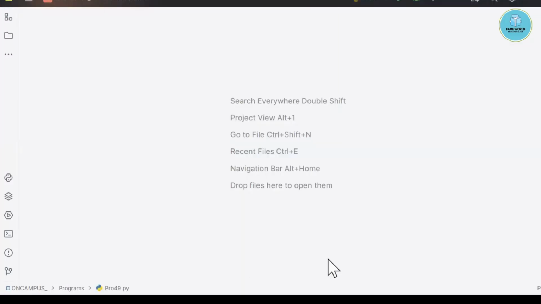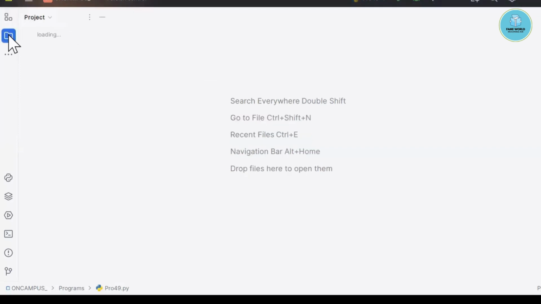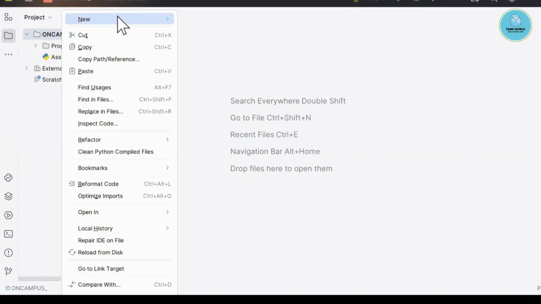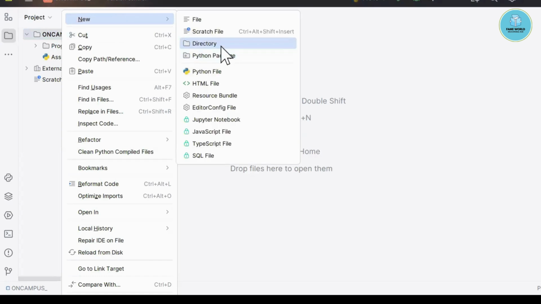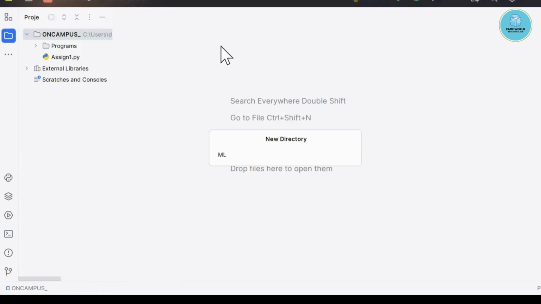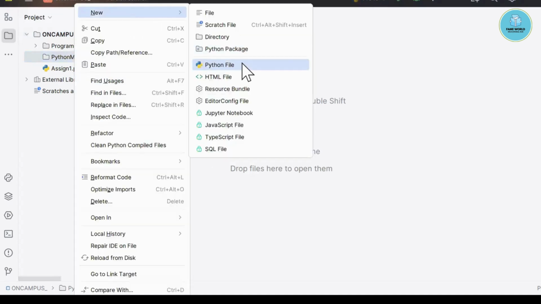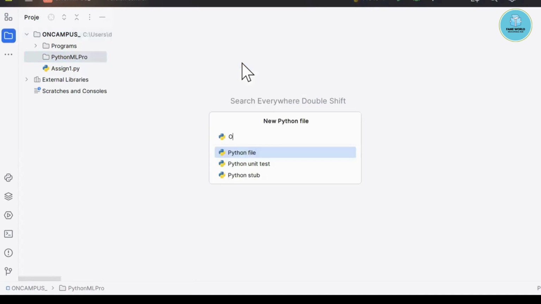Let's start. I'm just going to create one folder here, a new directory, and I'm naming it Python ML Pro for the Python machine learning projects. The first project which I'm going to create here is going to be the Iris dataset project. So I'm writing here Iris dataset